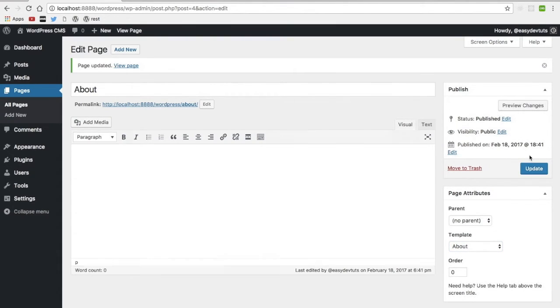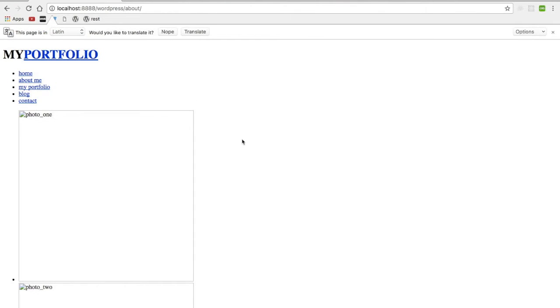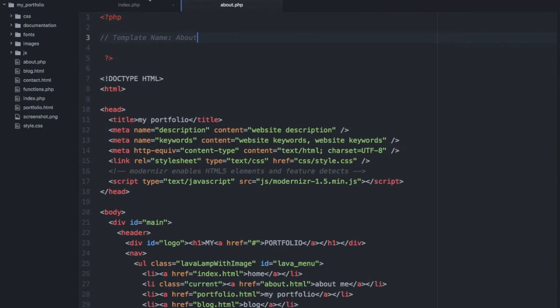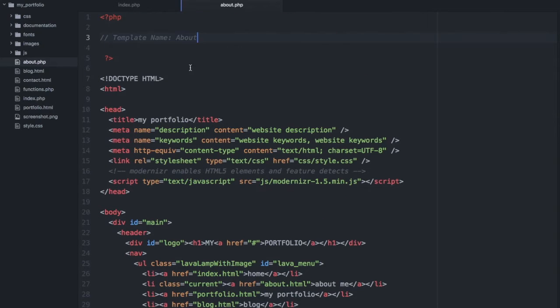Let's update it again. And now we'll view our page, and we can see everything is broken here. And that is because all of our work that we did before, including all the style sheets and JavaScript, was only done on the index.php file. So with our new template,